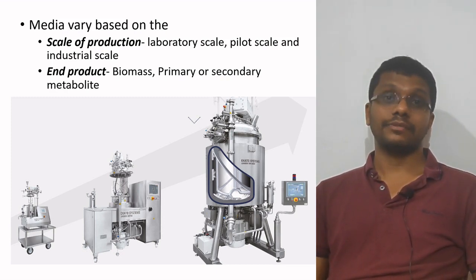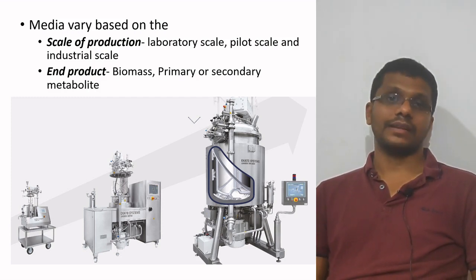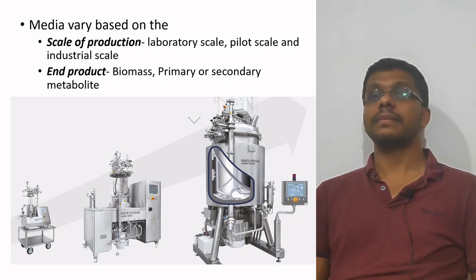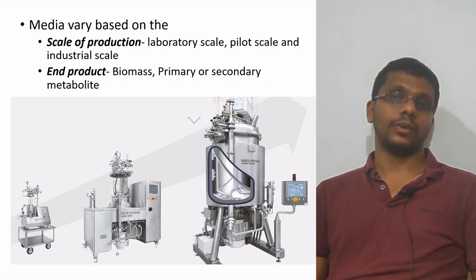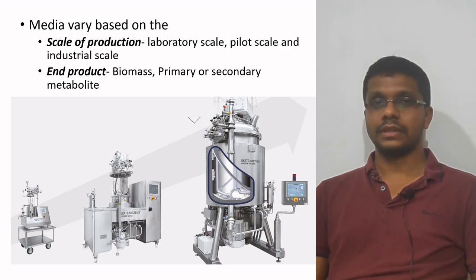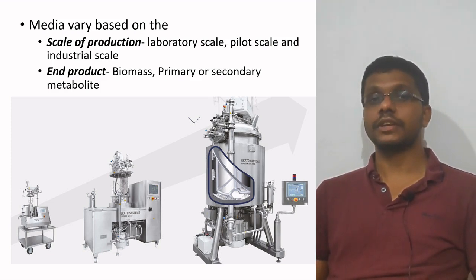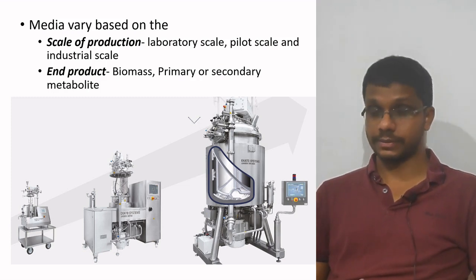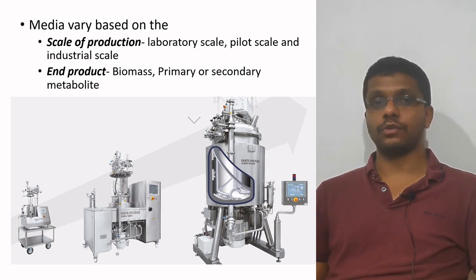But if you are making media for a 10,000 liter capacity fermenter, you cannot afford that because the raw materials may be needed in tons. In a 1 liter fermenter, you need only milligrams or grams. But in a 10,000 liter fermenter, this is required in huge quantity and it will be more expensive. So depending on the scale of production, the characteristics and type of media will change,